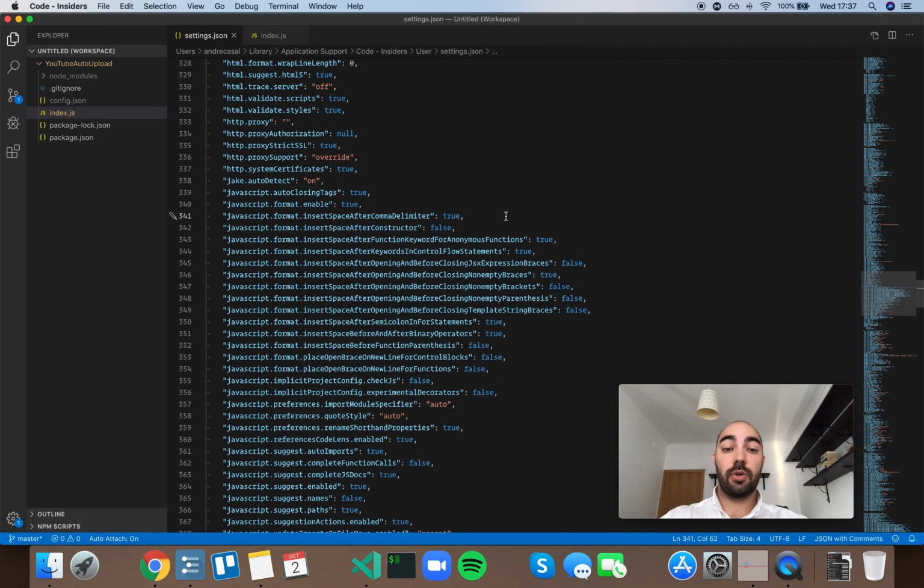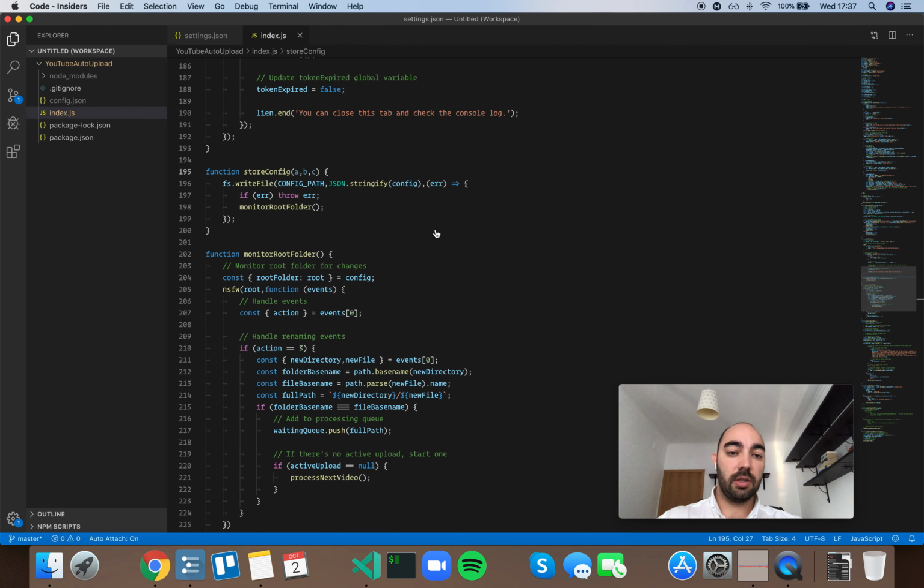Okay, so JavaScript format, insert space after comma delimiter. Define space handling after a comma delimiter. So let me show you what that looks like. This is set to true by default. So if you save a file, every time you have a comma delimiting something, like when you have